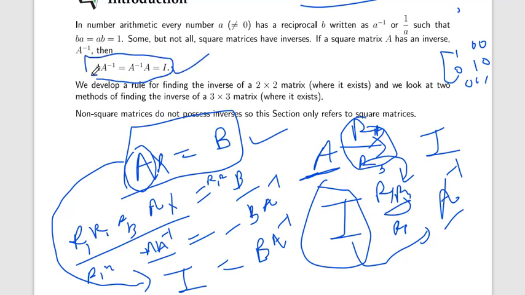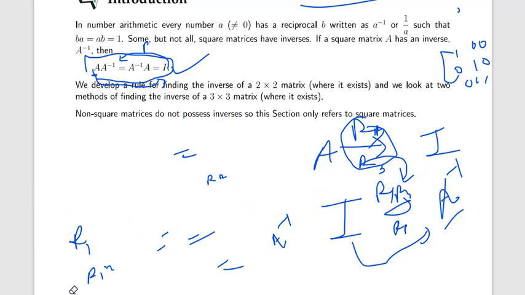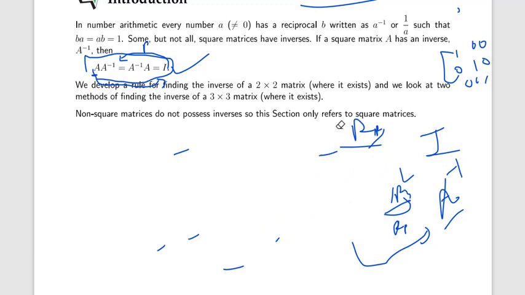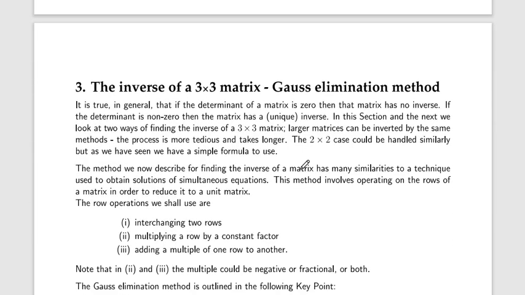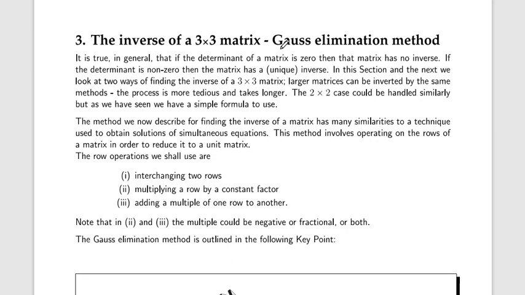So if we apply the same operation and convert A into I, then to transform the identity matrix into A inverse, we also apply the same operation. Okay, so this concept will be used in the Gauss elimination method to find the inverse of a 3 by 3 matrix. Let's start with a basic example, then you can get a better idea about how the concept is used. Okay, so first of all, you all know how to do Gauss elimination. In the last 4 lectures we talked about Gauss elimination and the Gauss-Jordan method.